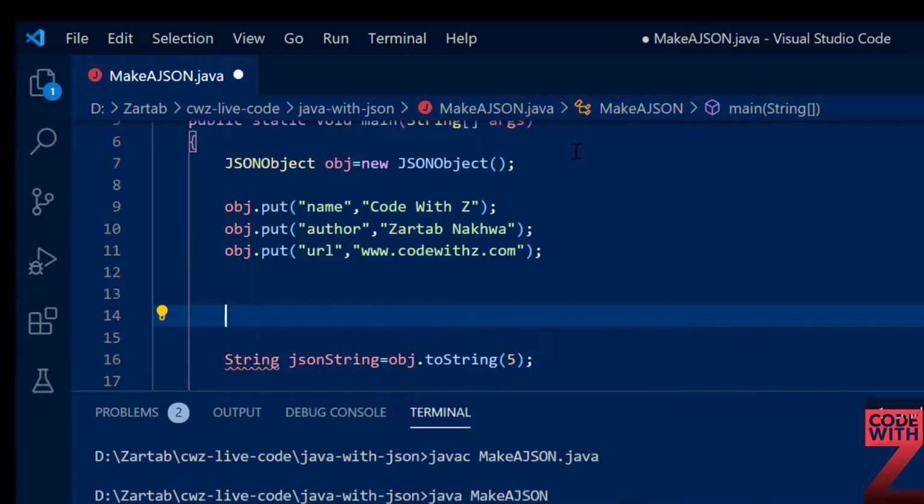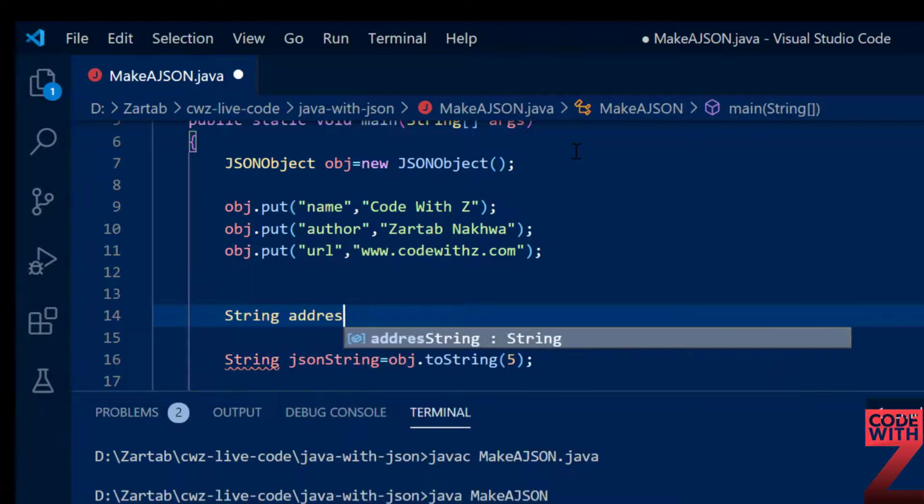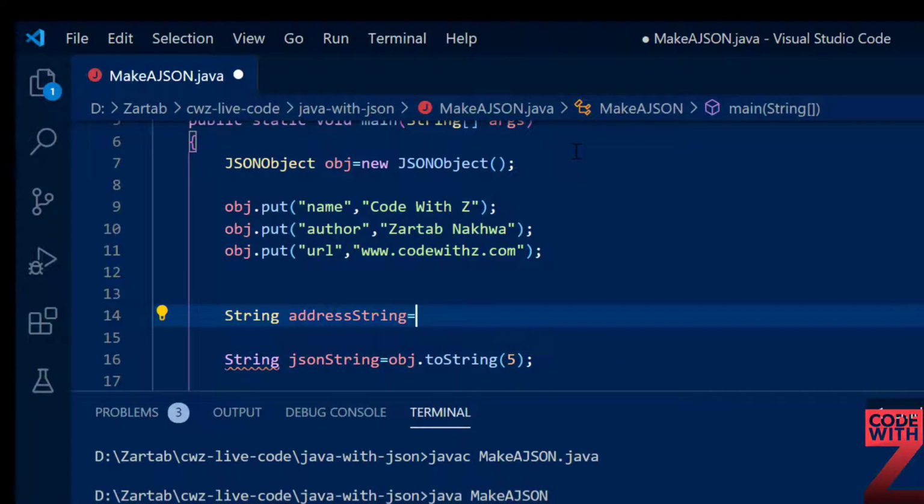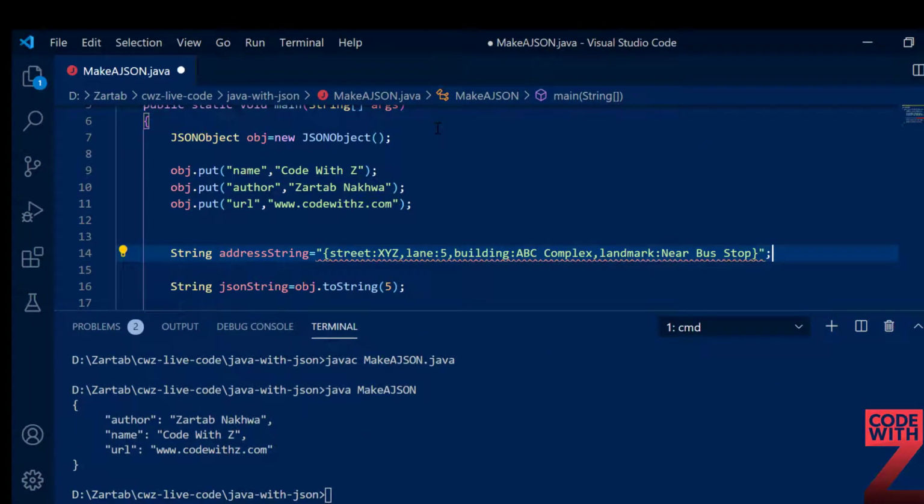I'm going to say string address string is equal to, let's say, street colon xyz lane colon 5, building colon ABC complex, and landmark colon near bus stop.